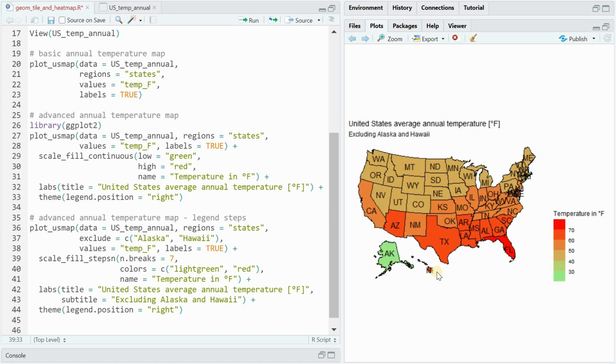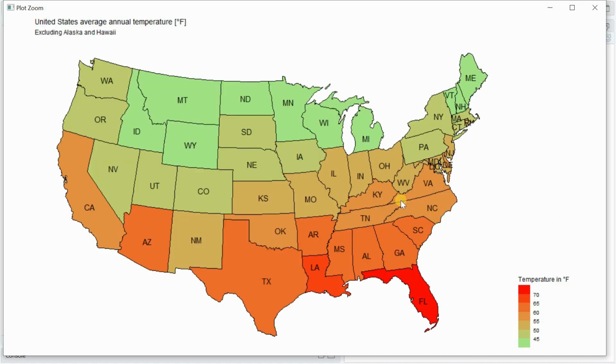I also excluded Alaska and Hawaii because their temperatures are too extreme to compare it to the other states, and you can do that within the plot_USMap function by simply using the exclude argument. Then it's good practice to leave a note in the subtitle of the charts explaining what you did, and I think for only using 4 different functions, that's quite a decent visualization of the annual temperature of the United States.